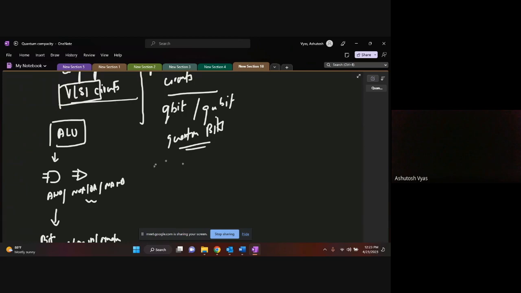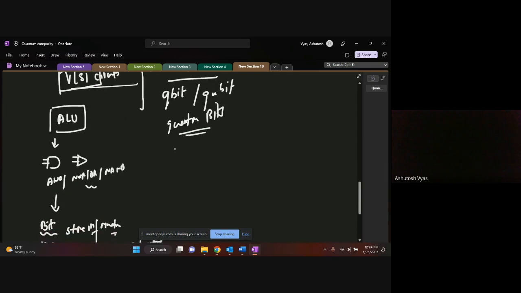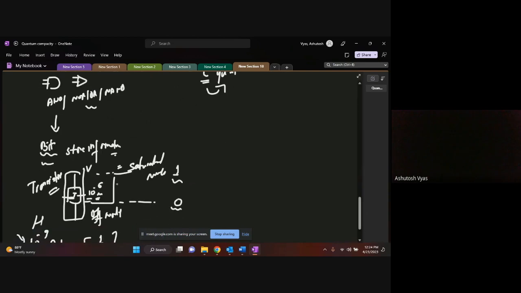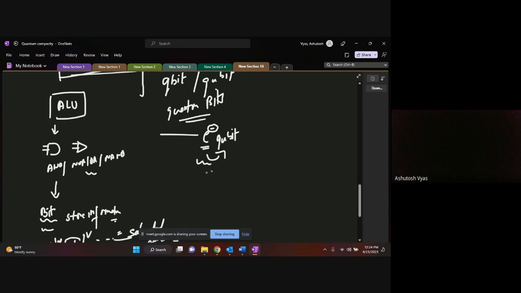But right now, we are talking in terms of logical systems. So let's assume that we talk about an electron-based quantum computing machine. Let's assume that we will be using a single electron as a qubit. So one electron will refer to one qubit, and then we will understand how it is going to store the information. We have seen transistors store the information in the off mode and the saturation mode. We will see how electrons are going to store the information, probabilistically also.